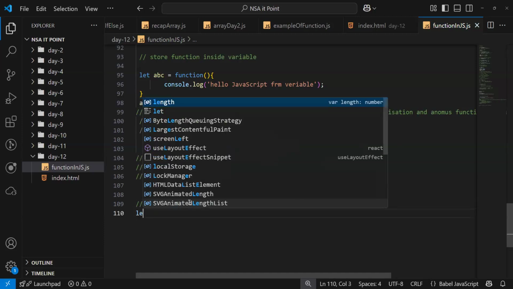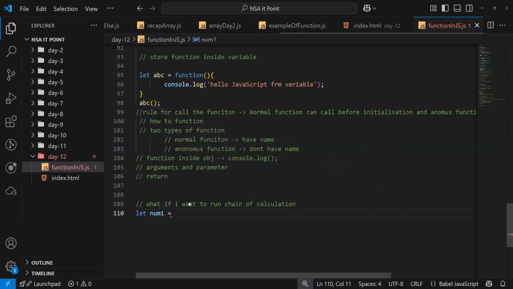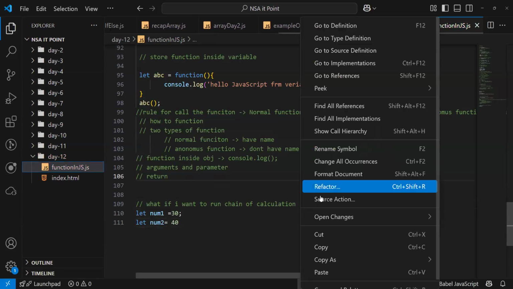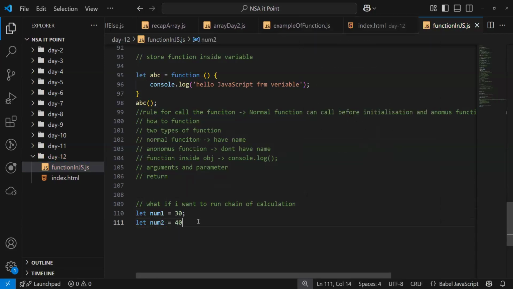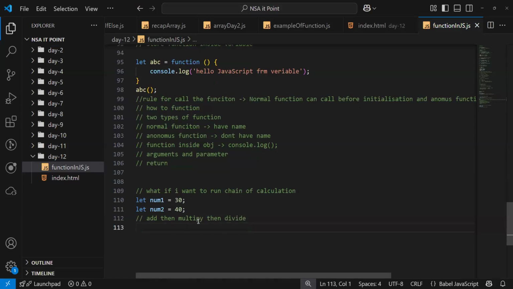I have let num1 equals 30 and let num2 equals 40. I want to add first, then multiply, and then divide.